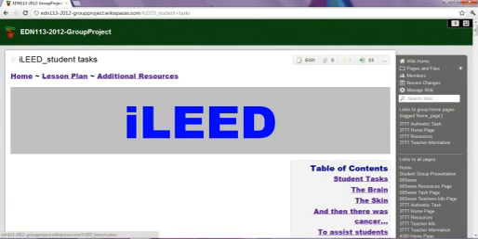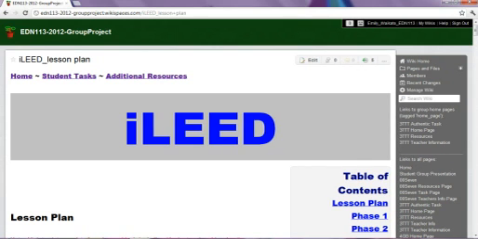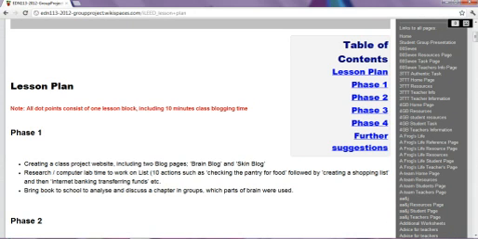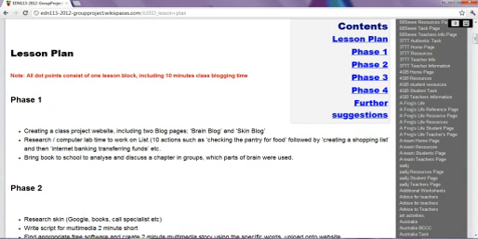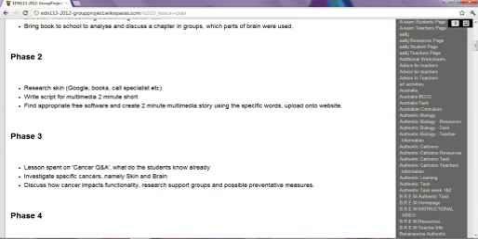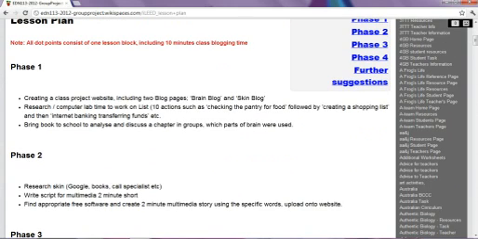Now over to the lesson plan page. This is fairly straightforward. We've split the lessons into 4 phases, with the details of each phase being listed in dot point. We've also recommended at the bottom of this page